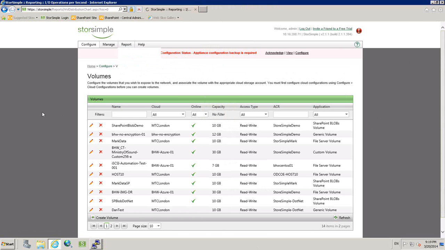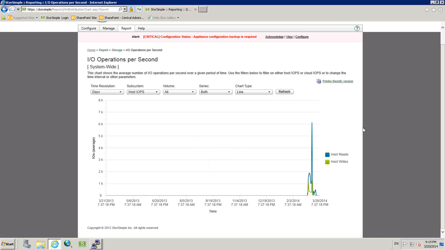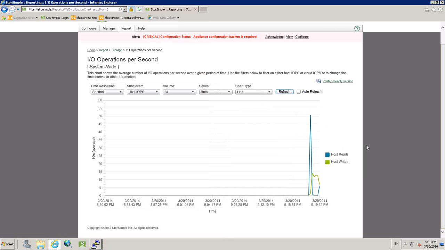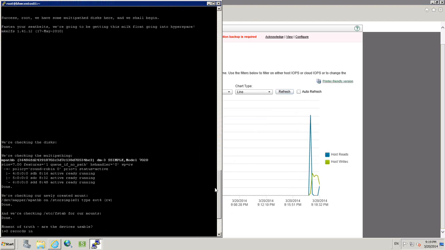An interesting thing that we can show you as we are doing this live is if we open up our IOPS per second report on the StorSimple device, we have very recently changed the sample period. So very recently, as in the last few seconds, we've got some host reads and some host writes. Now this is the activity that we've gone off to the array and generated due to the creation of our file system. And actually, since we've been away, the file system process has completed,